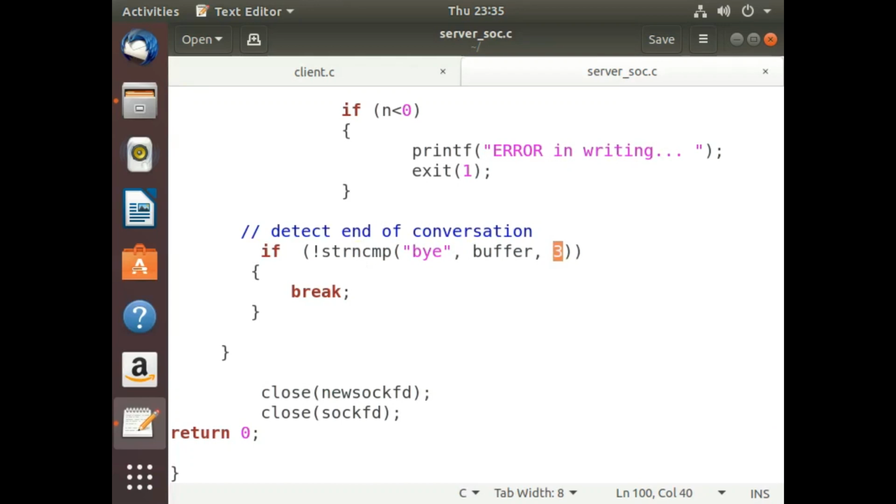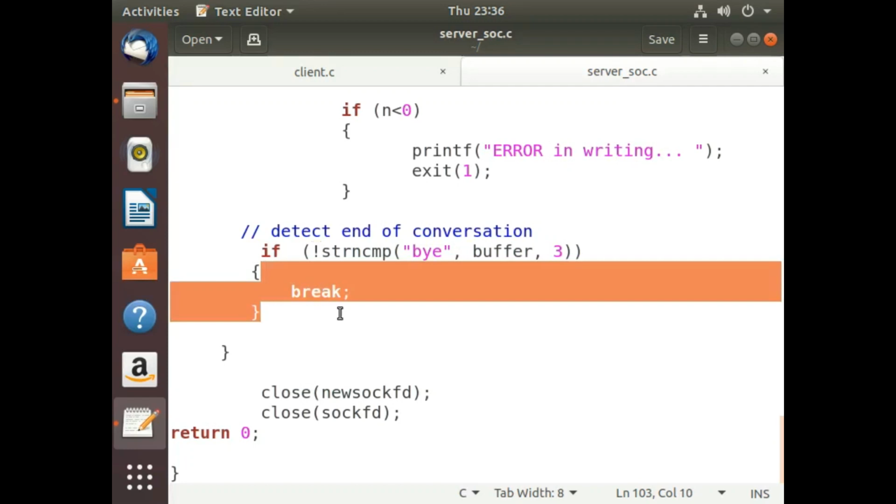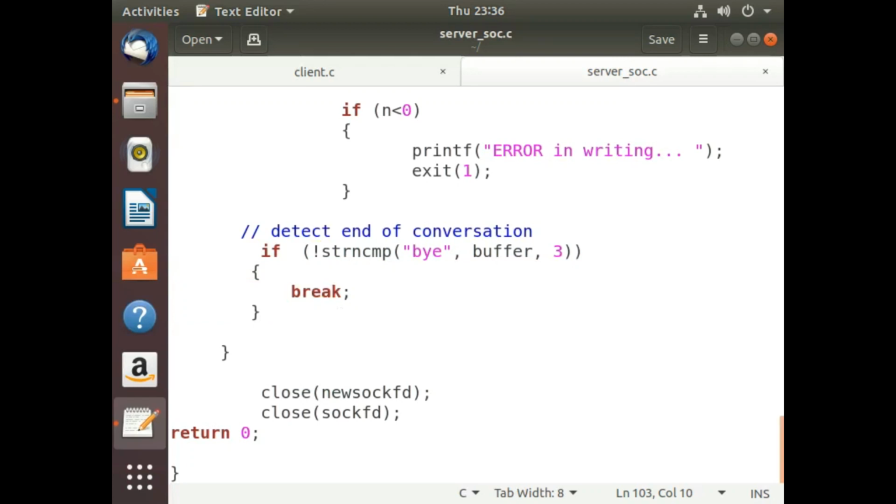I hope you all might be knowing this. The string compare function, if both the strings match, returns a 0. If they don't, it returns a -1. Sorry, a 1. If it matches, then it will return a 0. But for this if statement to execute, we require a true, that is a 1. So we'll not that up. If it is 0, it will be converted to 1, and this break statement will get executed. That is what I have followed. You can follow any other mechanism.